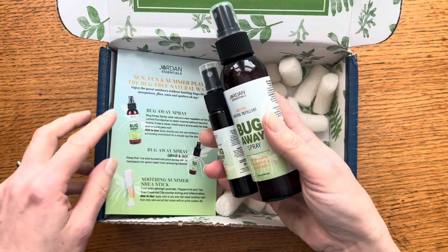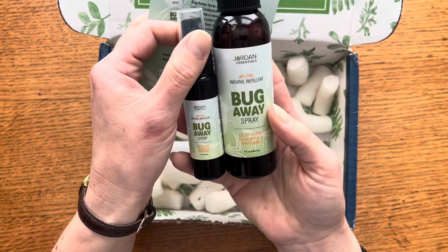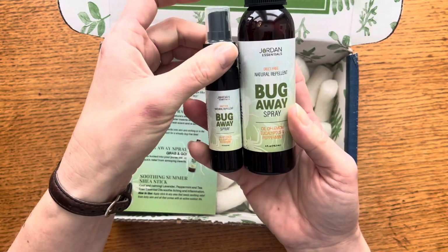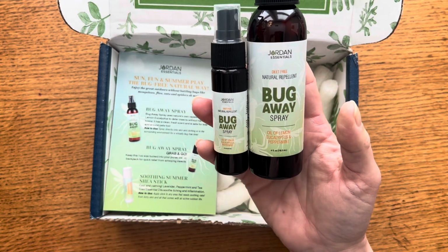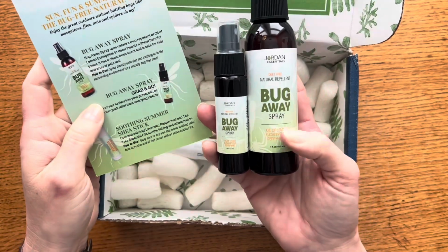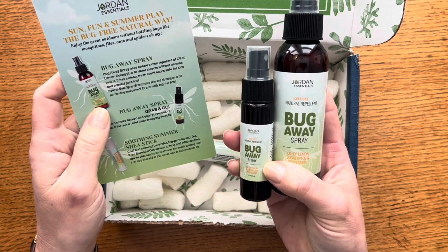It is just as effective as DEET, but of course it's just a natural essential oil, so you don't have any exposure to harsh chemicals or anything like that for you and your family. Plus it smells great. It just has that lemon scent, lemon and eucalyptus kind of combined. And then we also have peppermint, and peppermint is another one that's really good for keeping away pests, spiders, things like that. So Bug Away Spray, it says Bug Away Spray uses nature's own repellent of oil of lemon eucalyptus